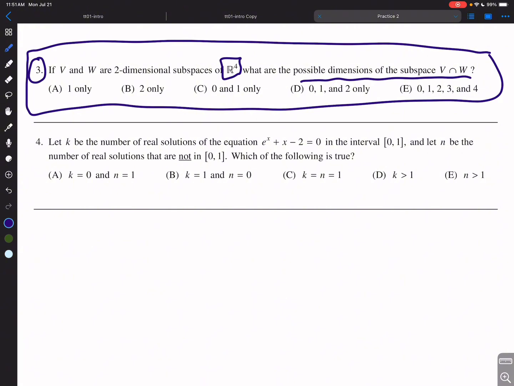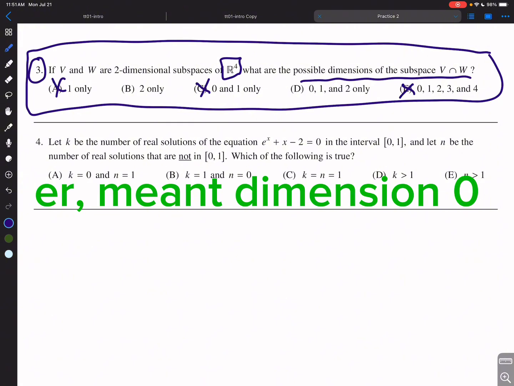if V and W are both the same two-dimensional vector space, then certainly their intersection could have dimension 2. So we can already eliminate some answer choices. It has to be smaller than 2, so we know that you cannot have a dimension bigger than 2. And from here, we could say, well, here's a really quick demonstration that the intersection could have dimension 1,